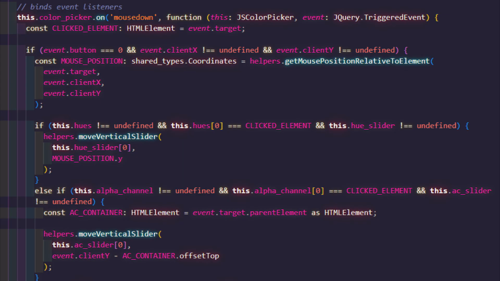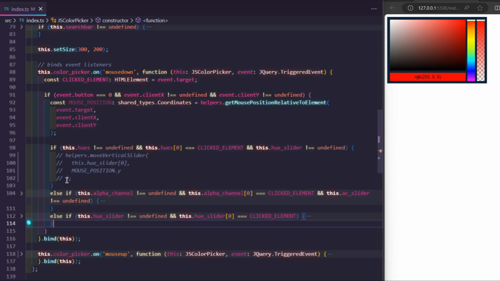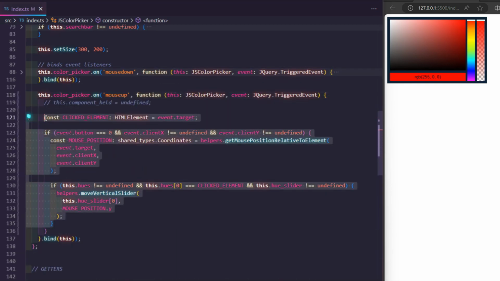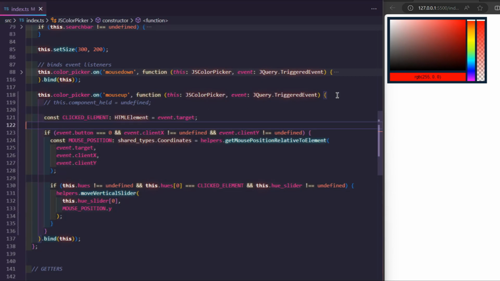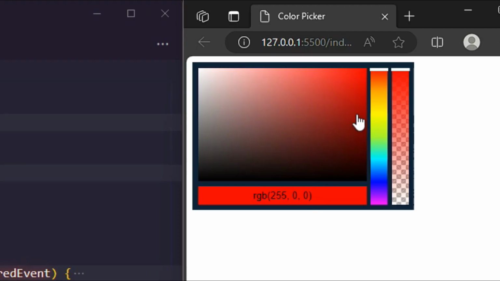The logic for the click response was still the same. The only difference now is that it's in the mouse down event instead of the click event. It would actually work in the mouse up event as well, but I wanted all the detection to occur in the mouse down event. The dragging mechanics were a little more complicated. It required two more events, mouse move and mouse leave. The latter was for detecting if the user's cursor is outside of the color picker. When this happens, we can expect the user to lose control of the slider.